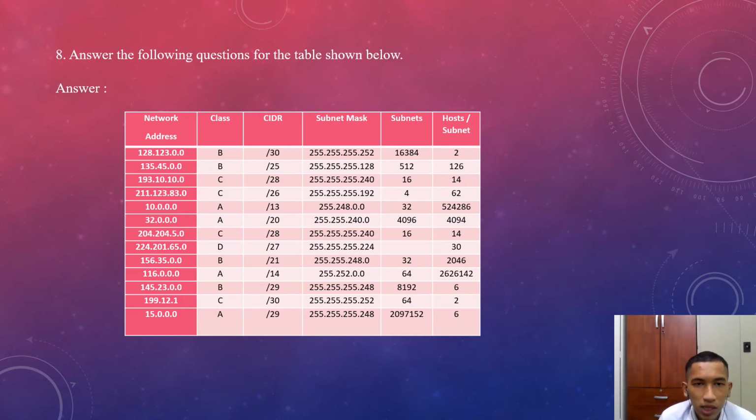Number 2 is class B, CIDR /25, subnet mask 255.255.255.128, subnet 512, hosts per subnet 126. Number 3 is class C, CIDR /28, subnet mask